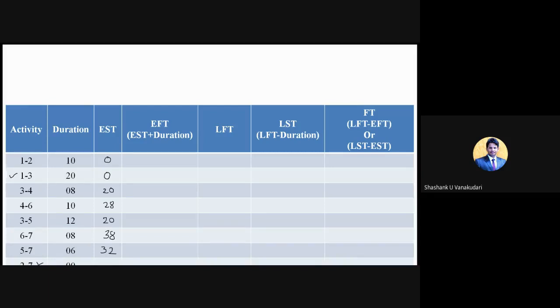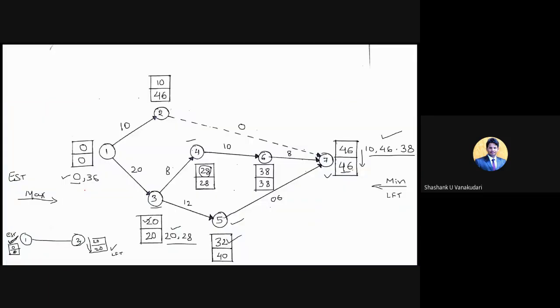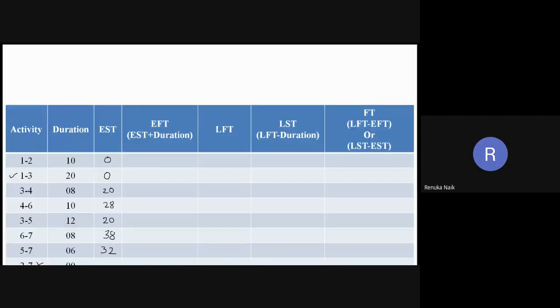So for 2 to 7, this is 2 and this is 7, that also has an EST value. So for this, what is the EST value? 10. Very good, 10. Okay, so it's understood now how to select the EST value from the network diagram. Now you just add this to the duration and you will get the EFT value, that is 10 plus 0